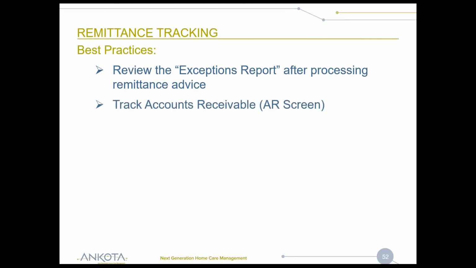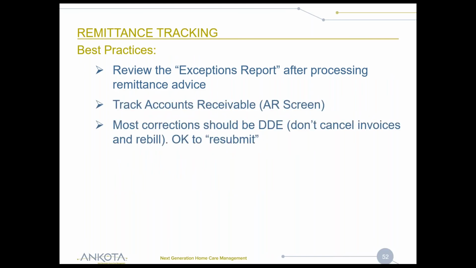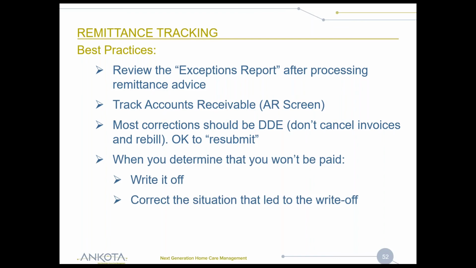There are some really good exceptions reports, and you want to look at them. I think my favorite report is one called Collection Reconciliation. It goes through everything that was in the 835 remittance, and it tells you what was paid and what wasn't paid. Even then, you have to decide, okay, I'm going to fight to get paid for this one, or this one I'm not going to get paid for. And you want to balance your books to zero in all cases. So if you're not going to get paid for it, you do want to write it off. All right,